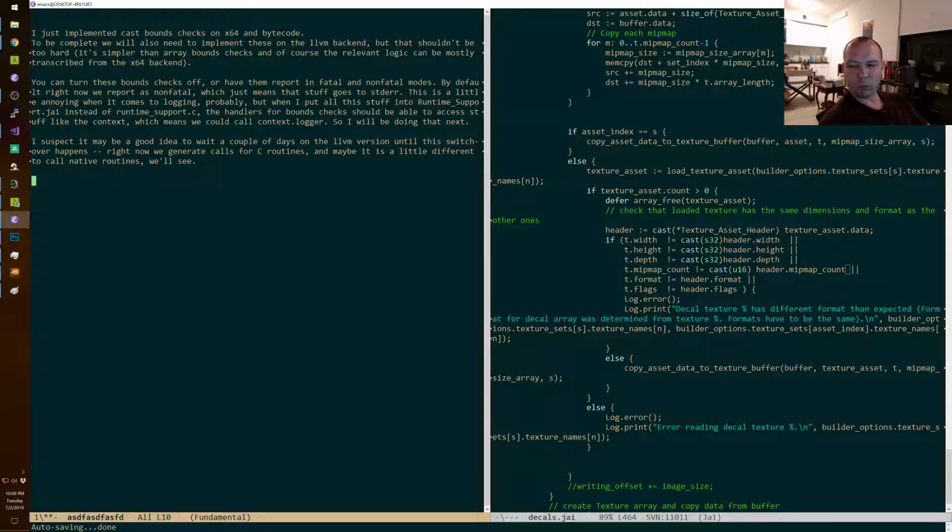Will I open source the rewind system in Braid? It doesn't really make sense to do that because it's not like you could use it in something else. It's very, very tied to the whole rest of the program.